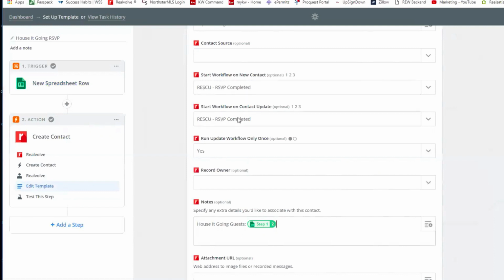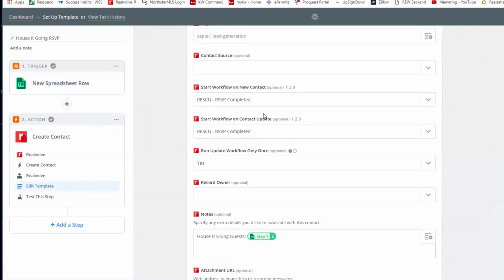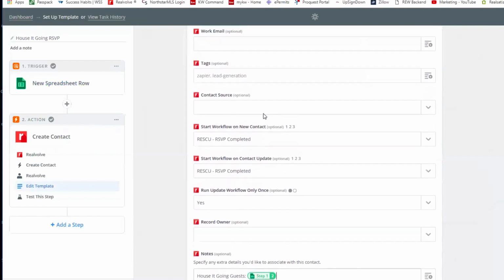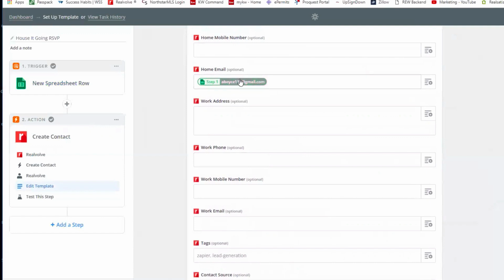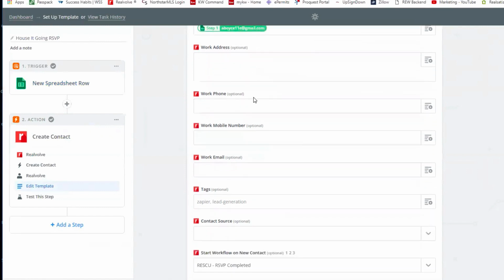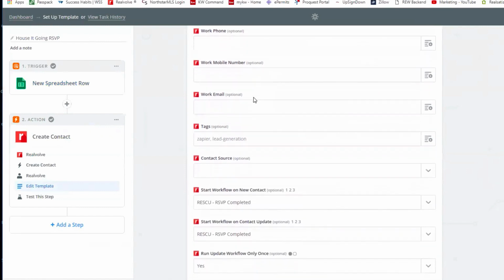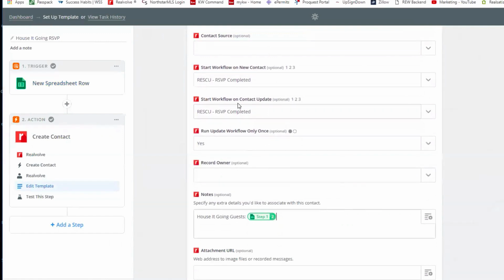If that contact is already in there, which we hope that they are, the way it knows whether it's already in there is by the home email address. It'll do a lookup by home mobile number or by home email address. If it finds the email address, it'll update a record instead of creating a new one. Okay. If it does find it, then it's going to still start the same workflow. So it's starting the same workflow, whether it's a new contact or an updated contact, in which case it runs this RSVP